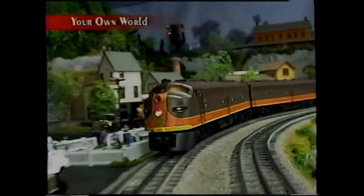Some model railroaders build a layout that precisely represents a particular time and place. Other modelers choose to freelance, creating their own railroad name and